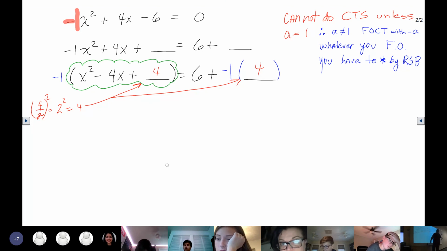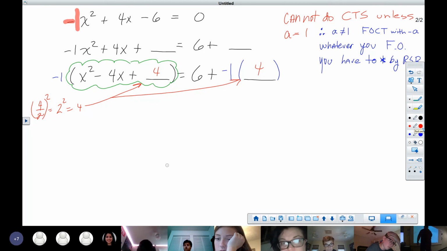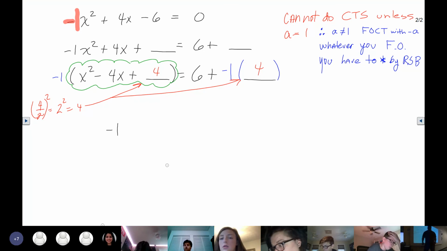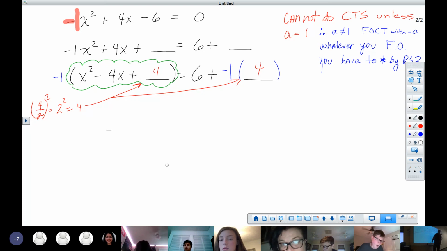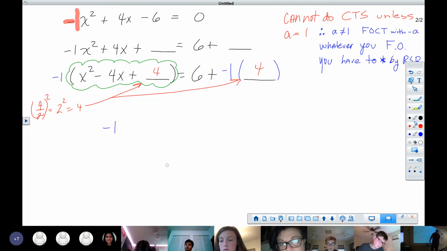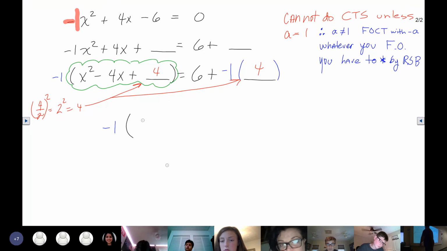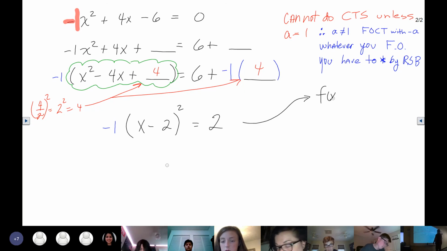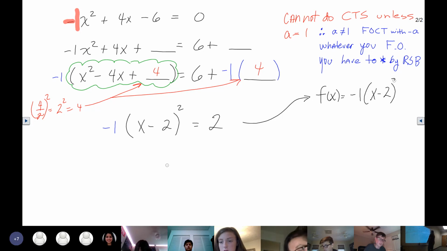Watch what happens here. -1, I'm going to put that in blue. -1, parentheses, x minus 2 quantity squared is equal to 6 plus a -4, 6 minus 4 is 2. I'm going to write that as f of x is equal to -1 times x minus 2 quantity squared